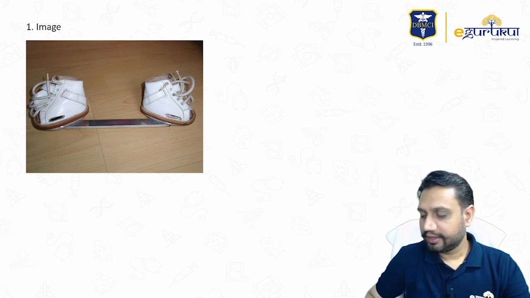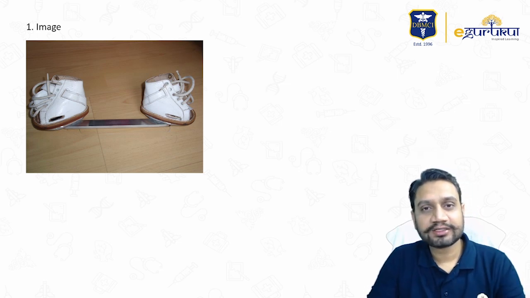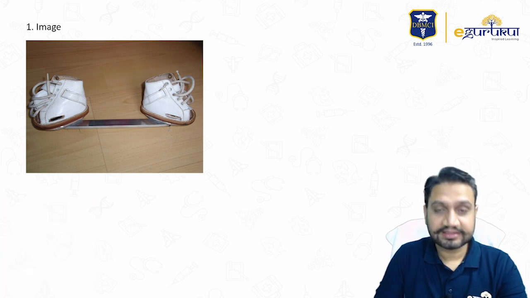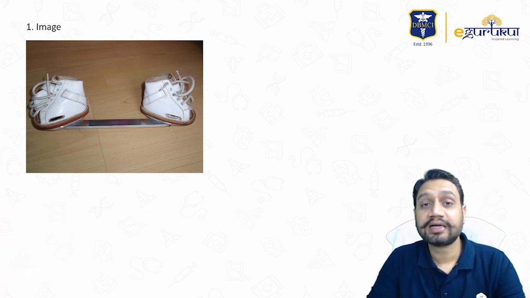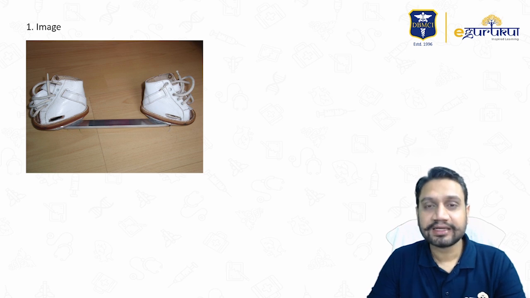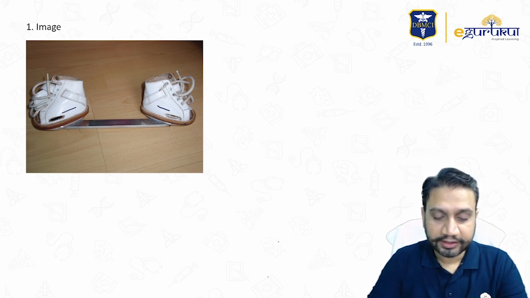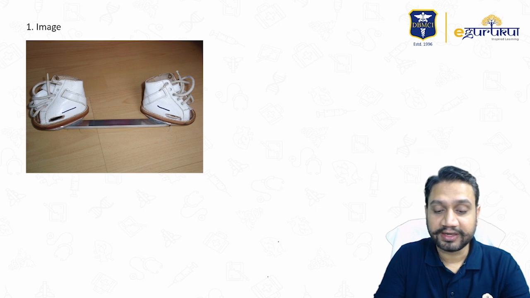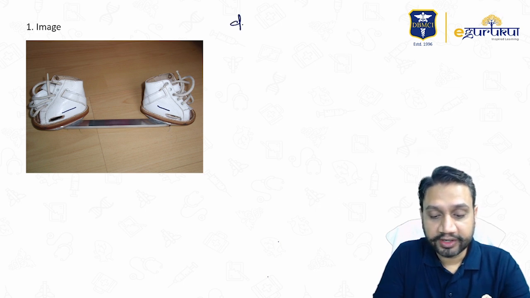Number one, I got to know that there was an image, something like this, which was quite a repeat of your last year's questions; a similar kind of image was asked last year also, right? So what exactly is that? Two small shoes connected to each other by a bar. This is what we call the CTEV splint, or the Denis Browne splint, isn't it? The Denis Browne splint. Where do we use it?